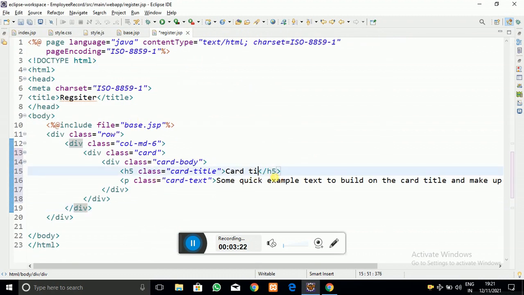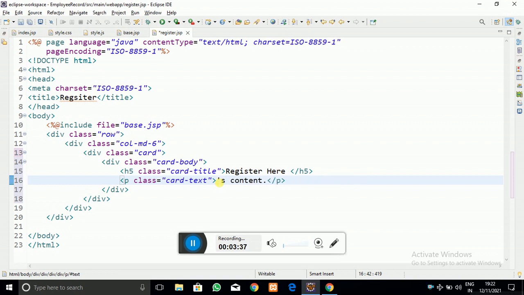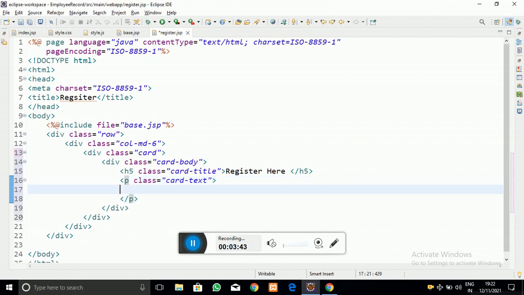Into the card title, suppose I write register as the title of our form, and into the card text I am going to create the form, that is a bootstrap form. I am going to use bootstrap classes to create that form. So let me create the form tag.